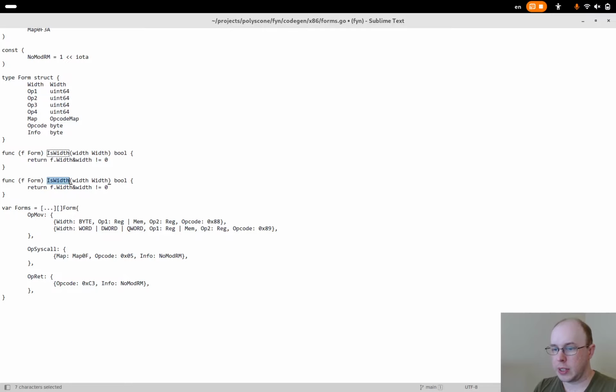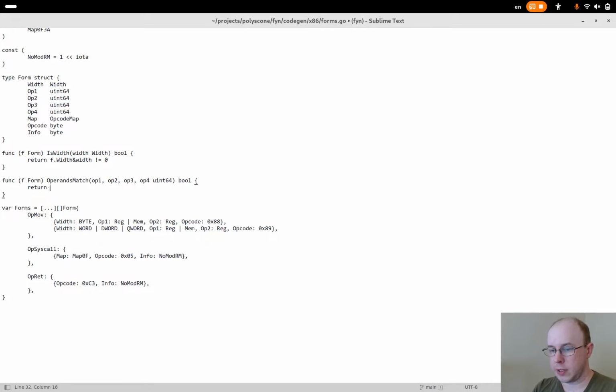We'll then also have the ability to check if all of the operands match in some way. So we'll say operands match, and this will be op1, op2, op3, and op4. These are all uint64s. What I want to do is not have a special sentinel value for operands that are being ignored. So I'll just say that if an operand is ignored, it's 0.